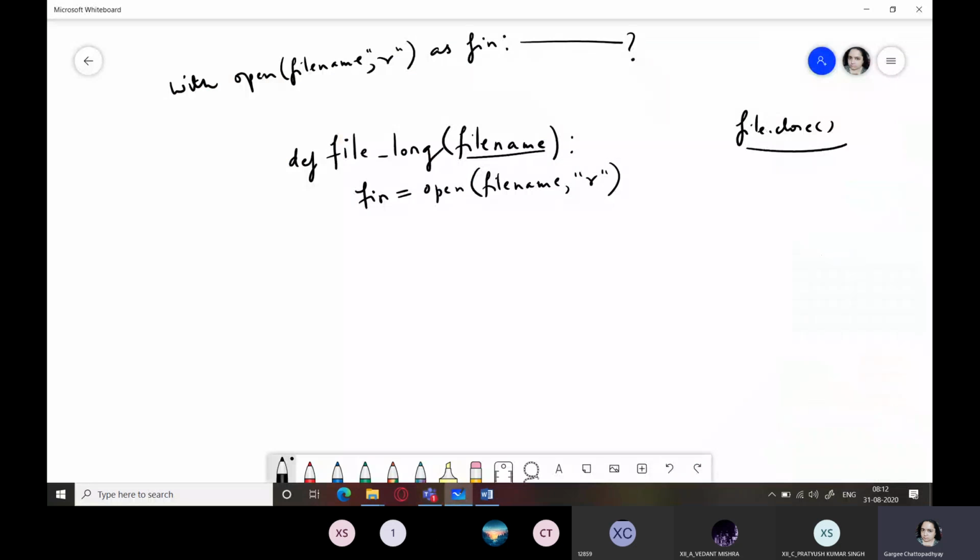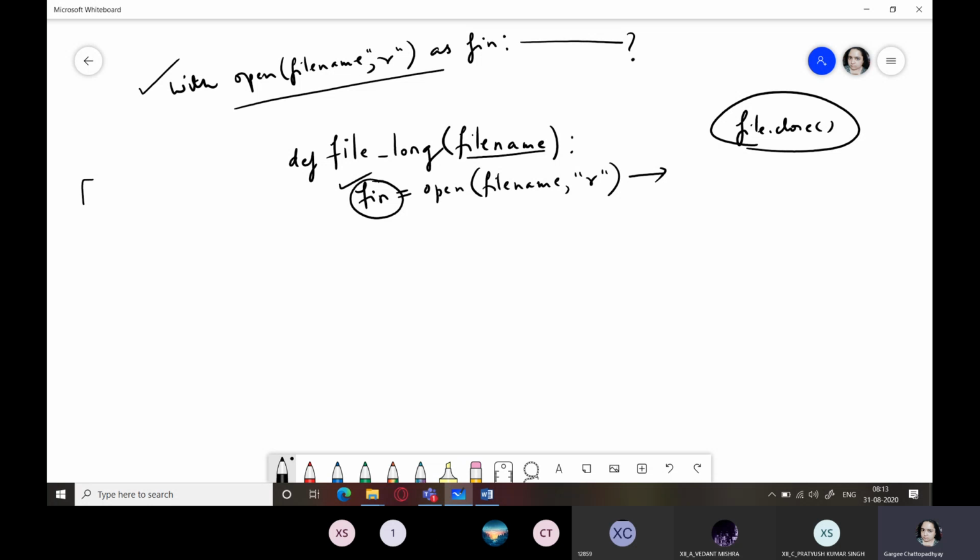So file dot close is not required if you are writing statements within this block. Now, because we have already started it over here, it's up to you whether you want to use this or use this one. Now you have to read everything within the file. Now students, when this statement is executed, all the file contents are already read into this object, that is fin. You can also use this fin object to extract content from there.